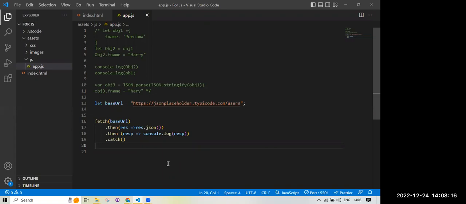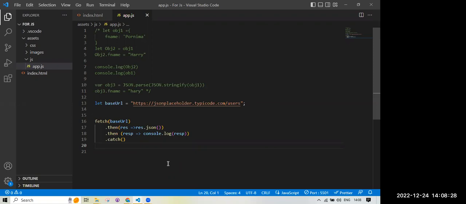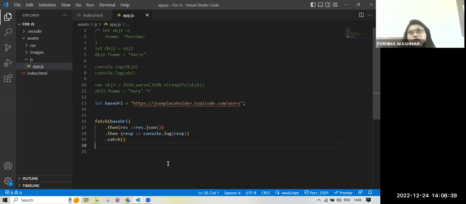What is the difference between relative path and absolute path? Yes, absolute path gives us a current URL, and relative path gives us a base URL. In this case, we use some services. So for absolute path, we use which service?